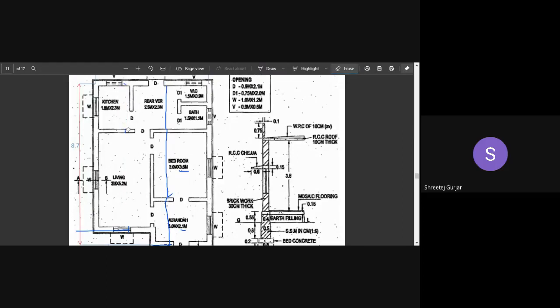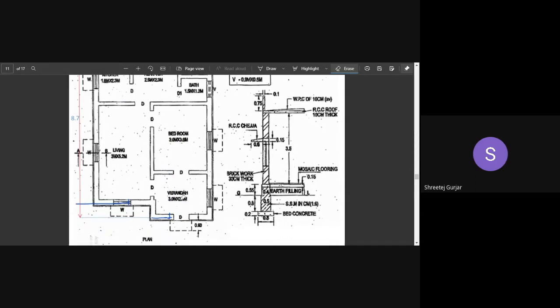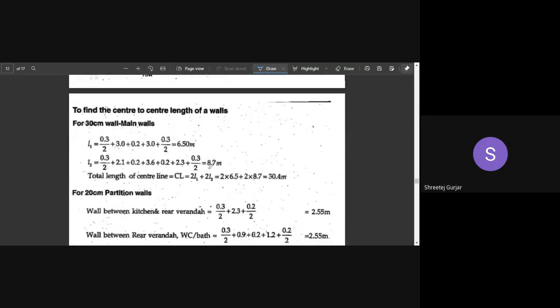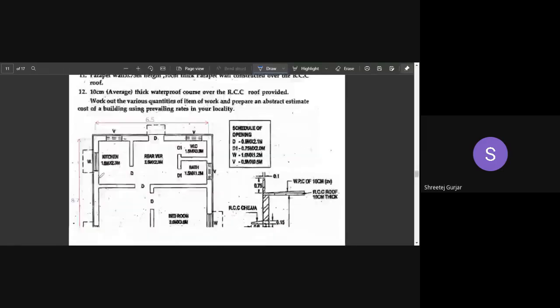Okay, small L2. So remember this, how we have calculated. We have to now use all the thicknesses of the window doors of the walls and the partition walls, and the internal distances of the rooms. So do not calculate it till here, but we have to calculate it till here. Okay, so do not make that mistake in exam. So your wall thickness should be considered till here and not till here. So center to center distance should be not here but till here. Okay, so we have calculated this 8.7 and we have named it as L2. So this is your L1 and this is your L2, remember.